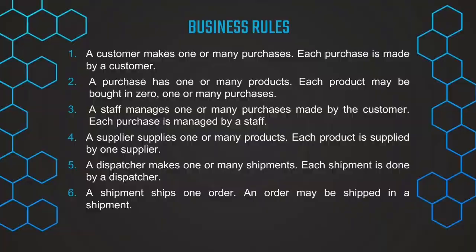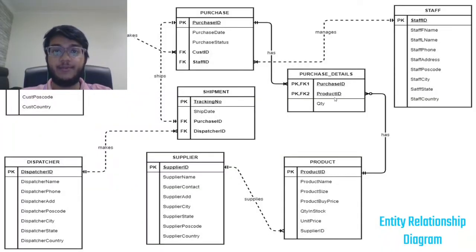Thank you. Greetings, my name is Khairul Zulkifli. My student ID is 2021168259. And today I would like to talk about the Babathriftship ERD. From here we have 8 entities, with one being a composite or bridge entity, which is the purchase detail. The other entities are customer, purchase, shipment, dispatcher, supplier, product, and staff.